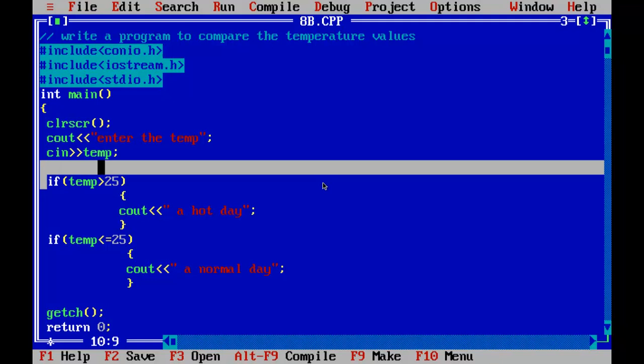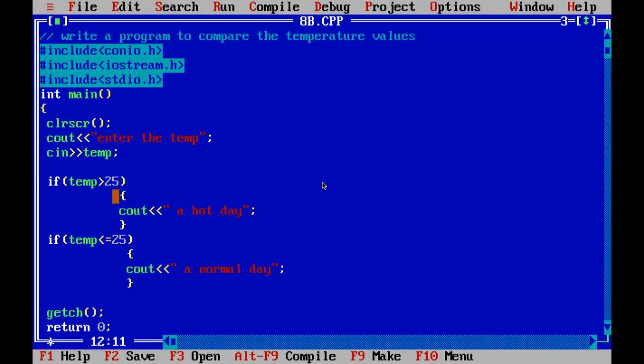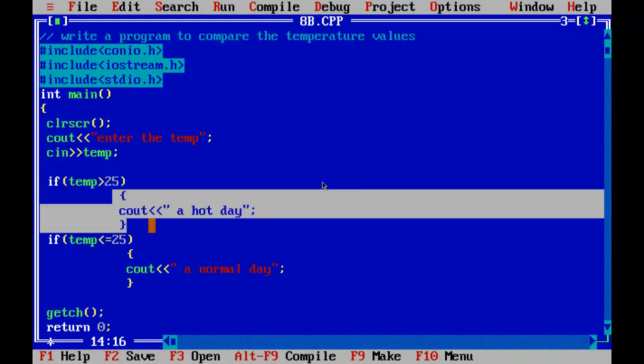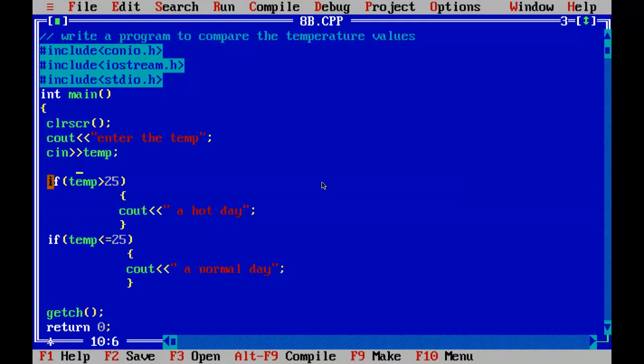If this condition is true, this part will be executed. It will display a hot day. For example, we enter a value less than 25, suppose it is 20. When you run the program, it will check: if temperature is greater than 25, no, we know it is 20. So now this condition is also checked: if temp is less than or equal to 25, yes, it is. So it will display a normal day.